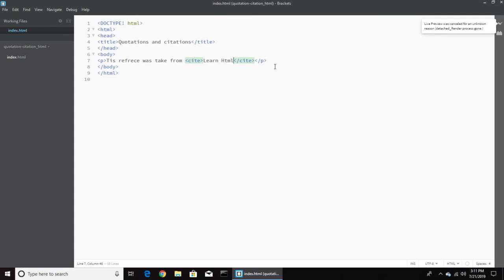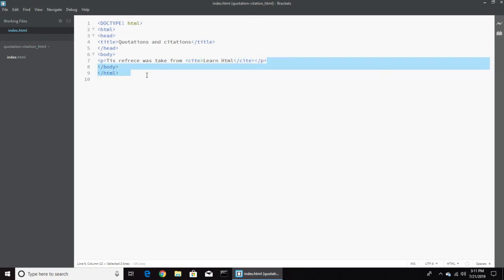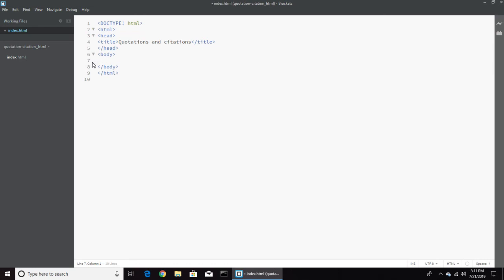Now the last but not the least, this is a tag which will be much fun to learn about and you will enjoy learning it, and this tag is the BDO tag. This tag defines the direction in which the letters are displayed. So we will enter the BDO tag,